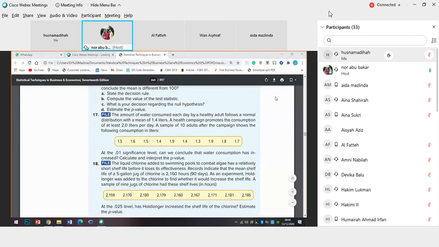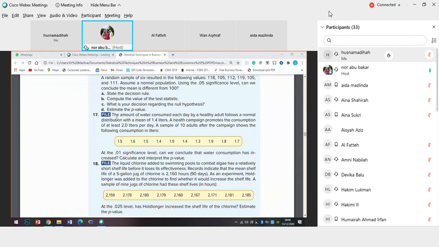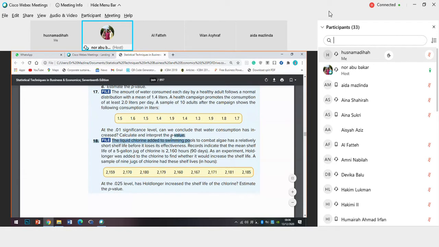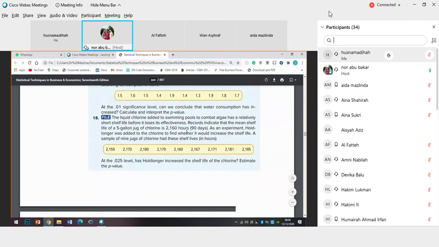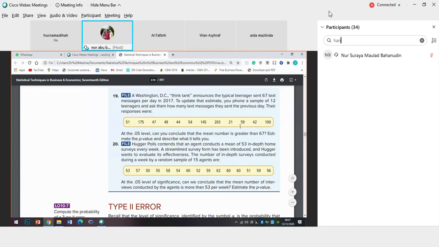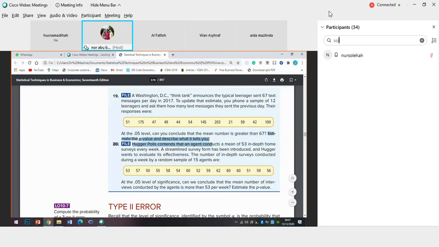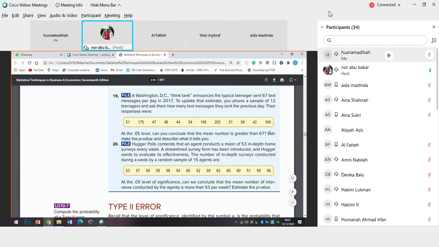Okay, I think if you look at the question here, number 17, kita dah discuss hari tu, on the amount of water consumed, and if you look at the question here, it says calculate and interpret p-value. Okay, and also in number 18, it says here estimate the p-value. Jadi bila awak jumpa something yang you tak belajar lagi, mungkin awak rasa macam kenapa dia tanya p-value ya, and